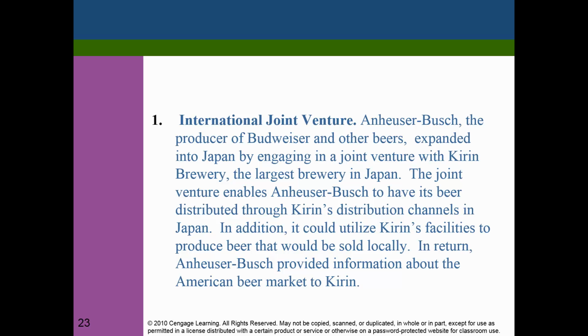So it talks about the strategy that Anheuser-Busch is adopting by going abroad, and by doing that, they are partnering with a foreign company, that is Kirin Brewery. Now, why do they do that? The main reason is that by engaging in a partnership, they are able to produce their beer using Kirin's facilities. And in return, what is Anheuser-Busch doing? They are providing information about the American beer market to Kirin. So in this partnership, Anheuser-Busch gets manufacturing facilities in Japan through Kirin, and in turn, Anheuser-Busch is providing knowledge about the US market to Kirin.